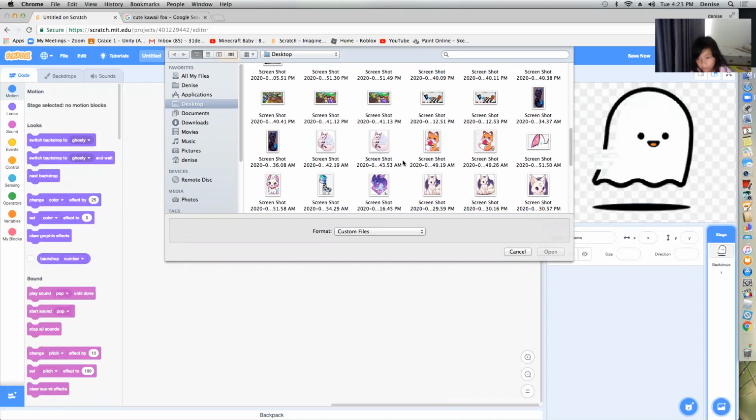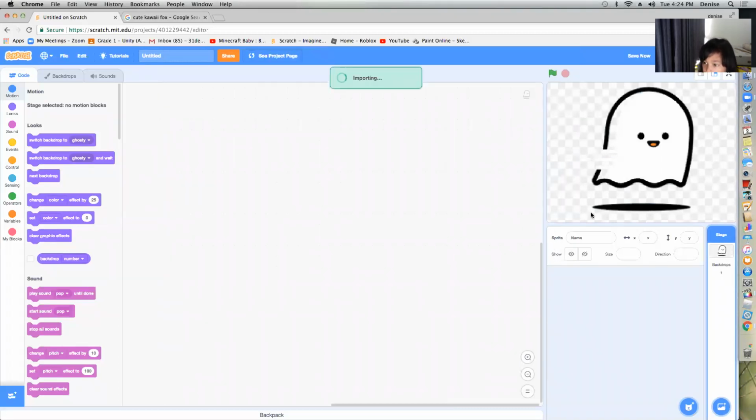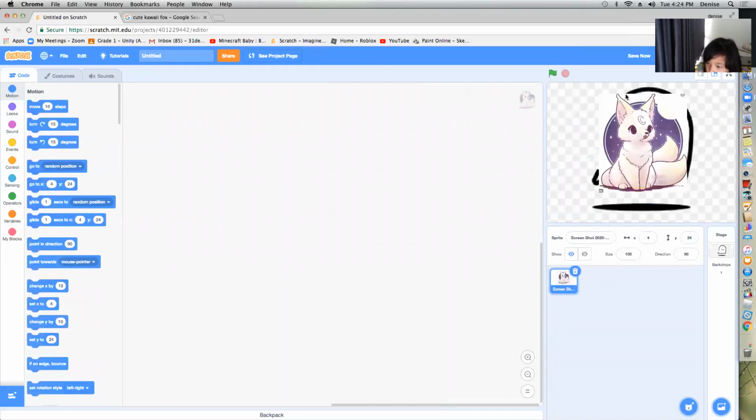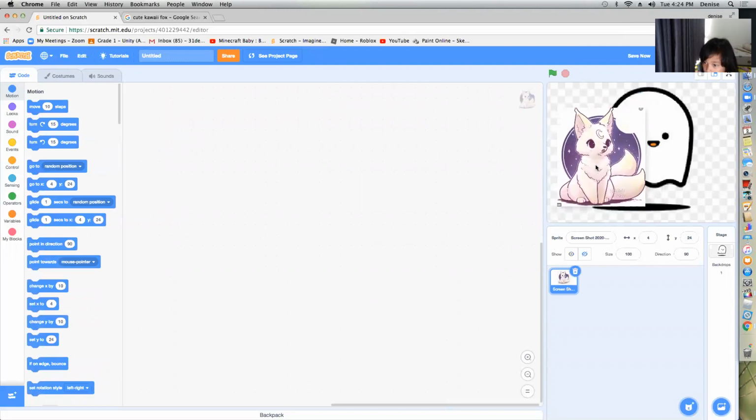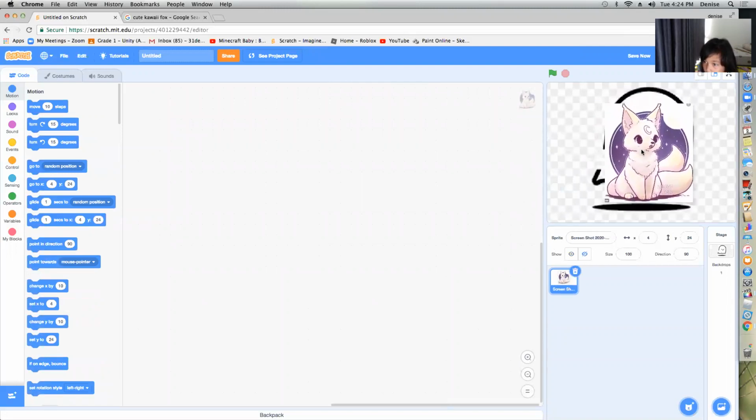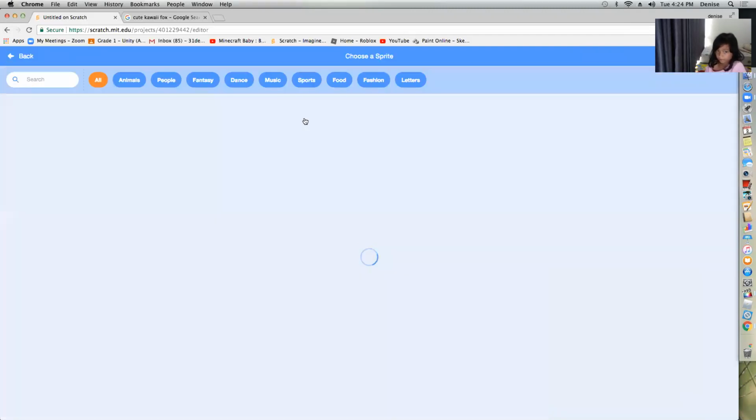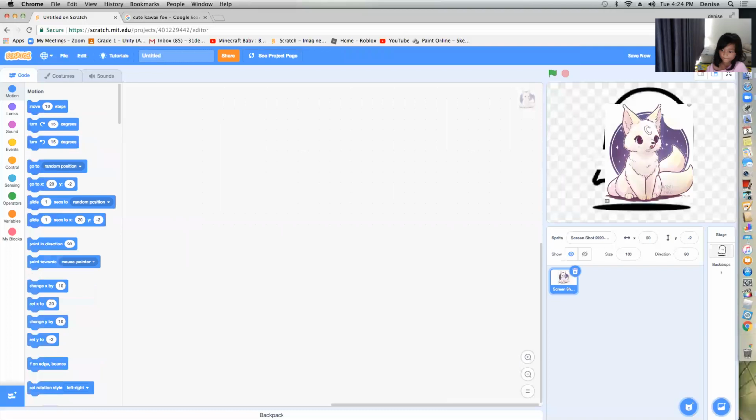Wait, I forgot what this and this are. It's a fox. Yeah. My favorite animal is fox.